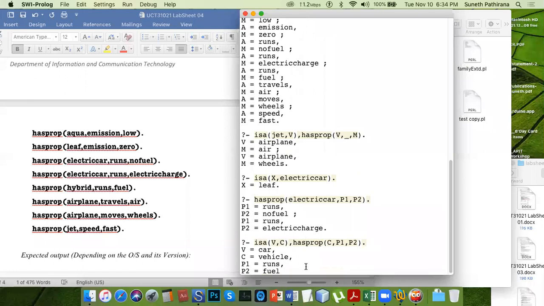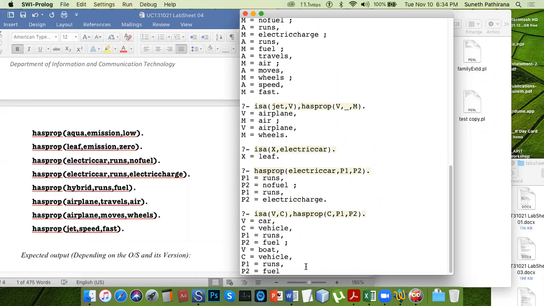So vehicle category car, vehicle category main category vehicle runs on fuel.